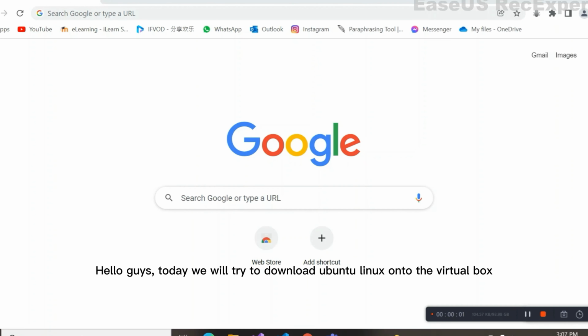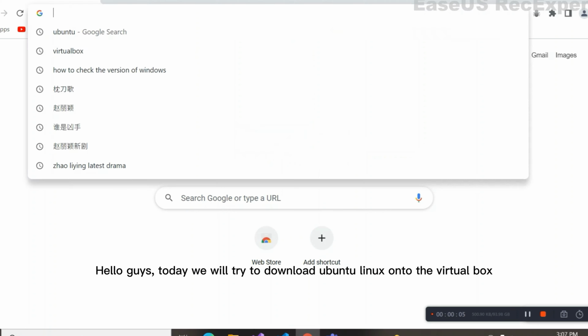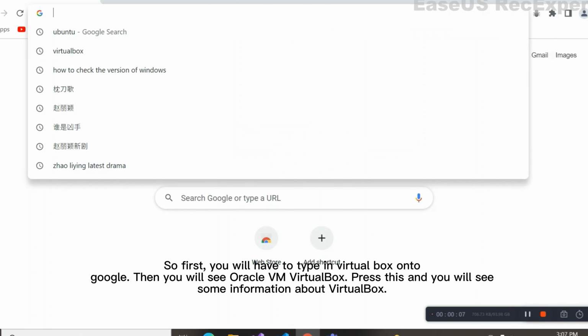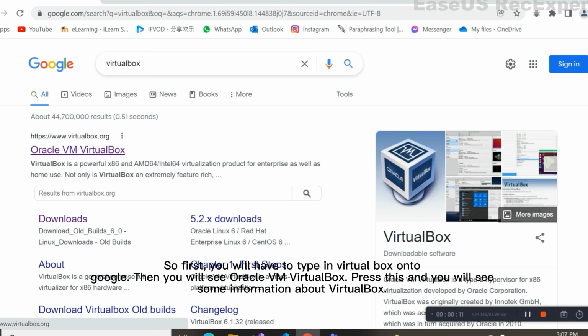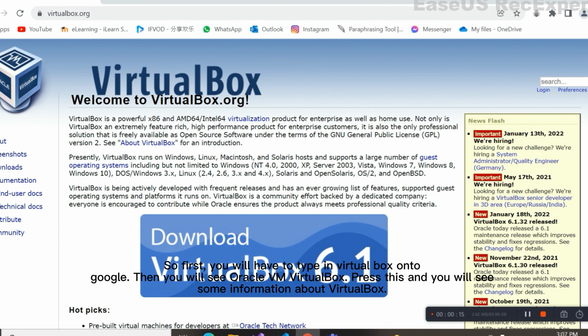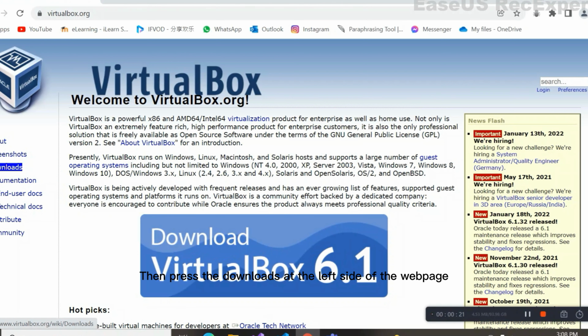Hello guys, today we will try to download Ubuntu Linux onto the VirtualBox. So first you have to type in VirtualBox onto Google, and then you can press this Oracle VM VirtualBox. Press this and you will see the page, maybe some information about VirtualBox, and then press the downloads on the left side of the web page,